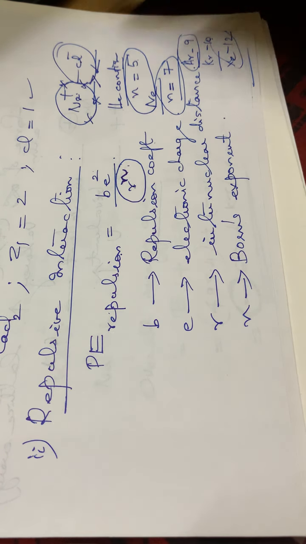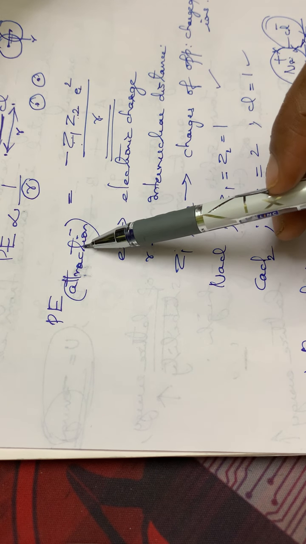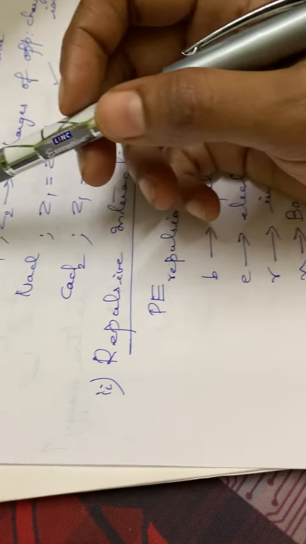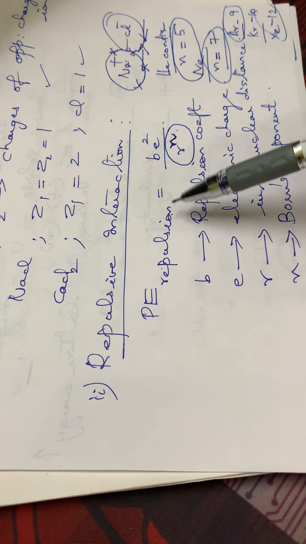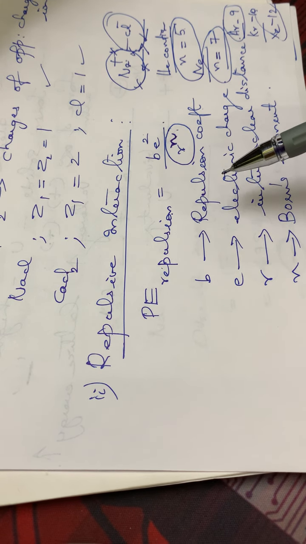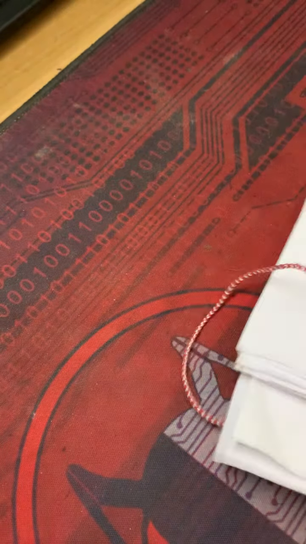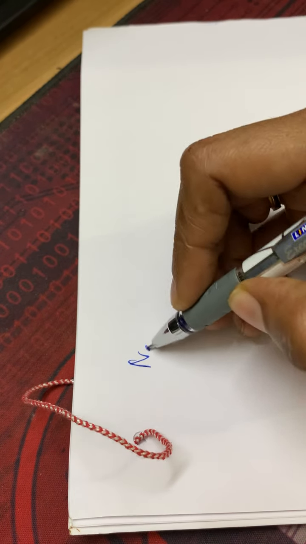Okay, so we have got the two formulas, the potential energy due to the attractive interaction as well as the potential energy due to the repulsive interaction. From these two formulas we can calculate the net potential energy of that particular ionic compound, isn't it? So next we can see the net potential energy.